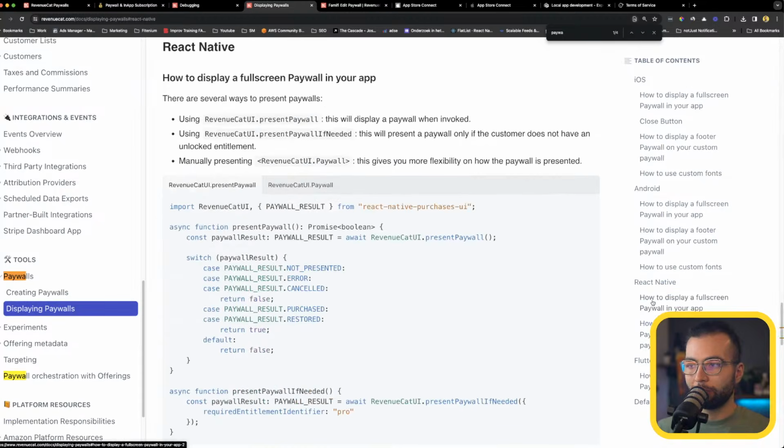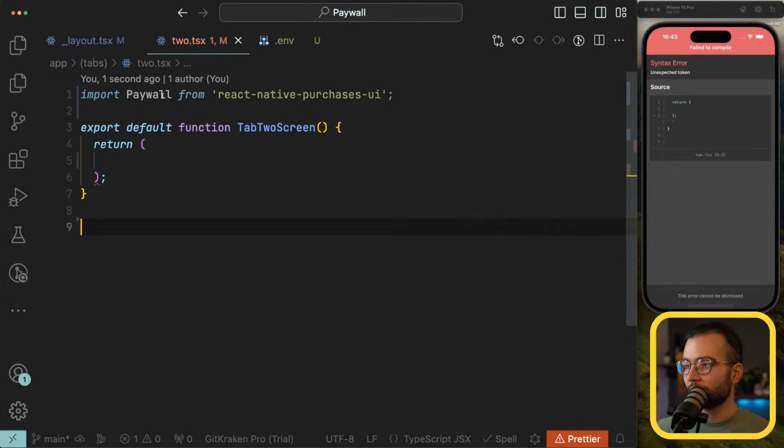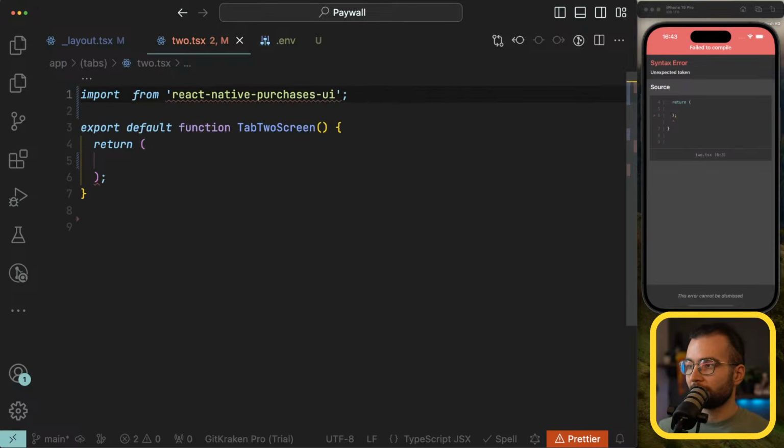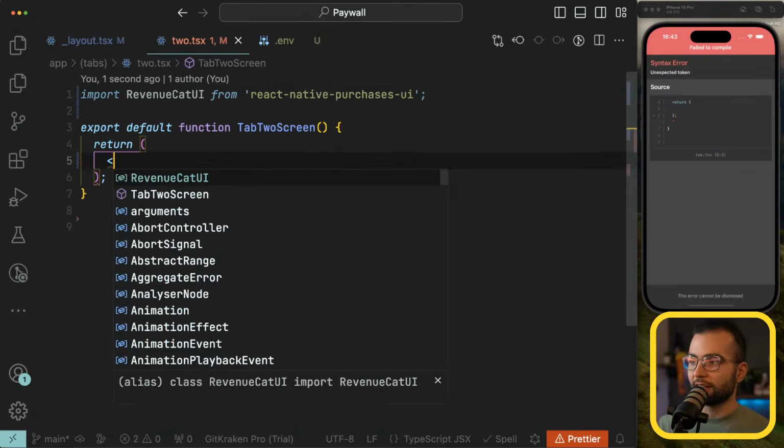And I will go right away to React Native. And there are, as I said, a couple of ways. One way is going to be using the RevenueCat UI.paywall, or maybe we can destructure it from here. No? Let's call it RevenueCat UI, and here render RevenueCat